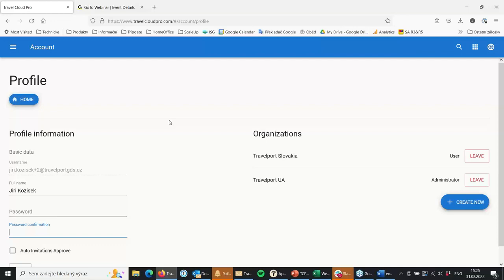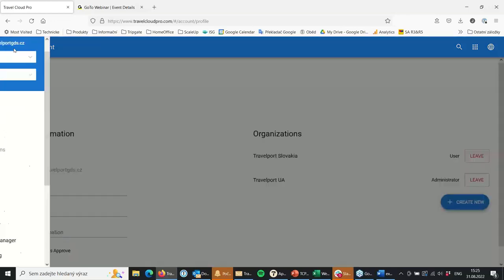So let's say, I don't know, 10% of your staff is only eligible to make the ticketing, the rest only make the MCOs or make the EMDs, etc. Prepare the file, but not make the final ticketing. So we will introduce in the profile those rights, so you can set it up over there.